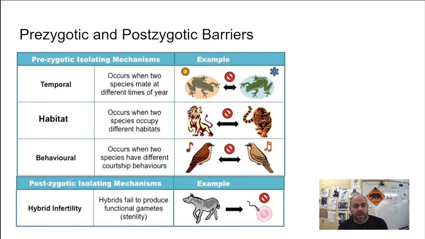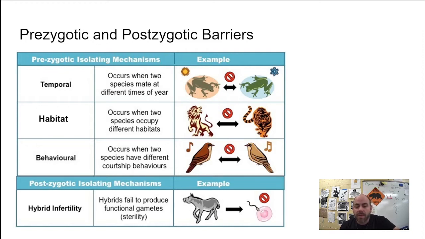There are three prezygotic barriers that we're going to discuss in this class. The first one is called temporal isolation or temporal barrier. We'll just use isolation because that's what biology uses. Temporal isolation is when two species mate at different times of the year, or notice they have frogs here, great example, or it could be different times of the day too, nocturnal versus diurnal animals. And so they are isolated because they are not reproducing at the same time.